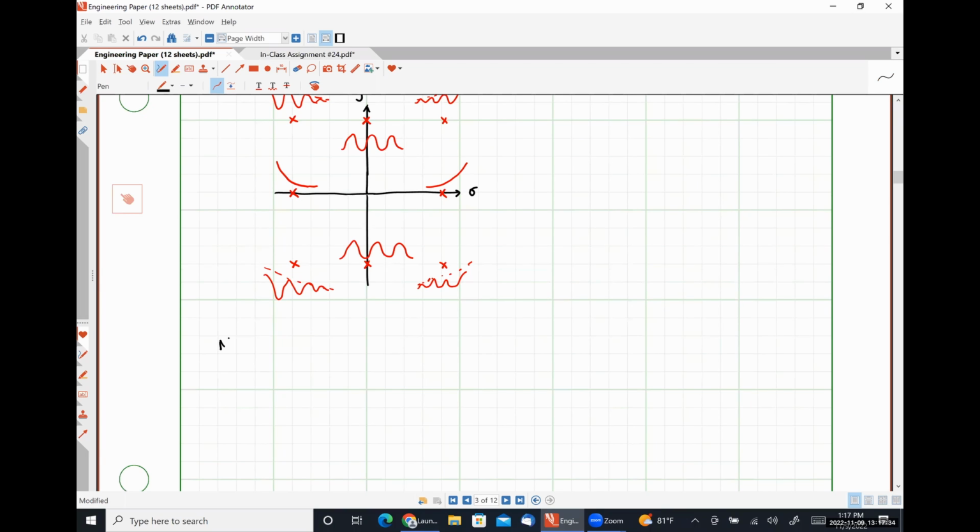So the Nyquist stability criteria effectively says the system is considered stable if